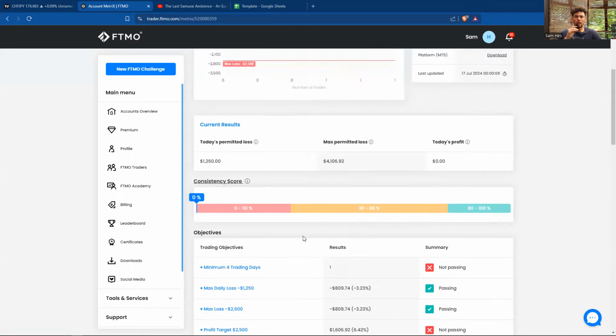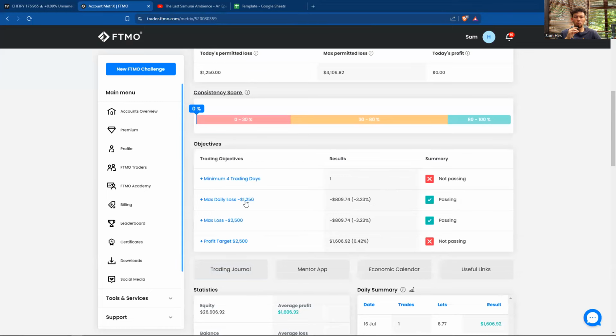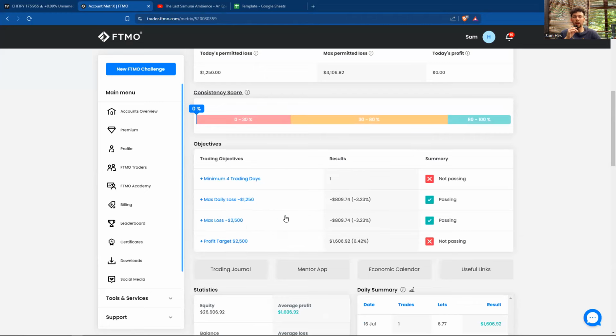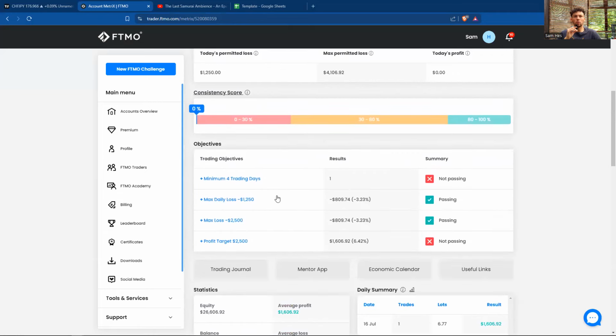So essentially my plan is that on round 1 you need to make 2,500 without losing more than 2,500 and without losing more than 1250 in a day. So I just entered with 1250 risk on a 2-to-1 trade. That was essentially my plan, and wanting the trade to finish within 1 day. Unfortunately, it finished within 2 days and it would have been a winner, but there you go. When I pass this phase 2 will be to just do a 1-to-1 winner, risking the whole daily limit. And that is essentially it.